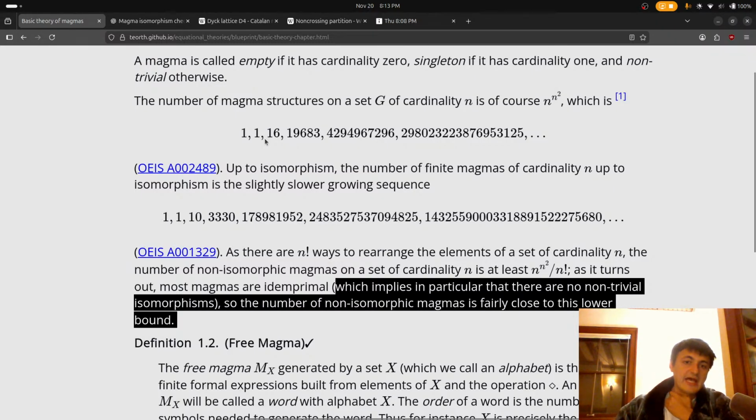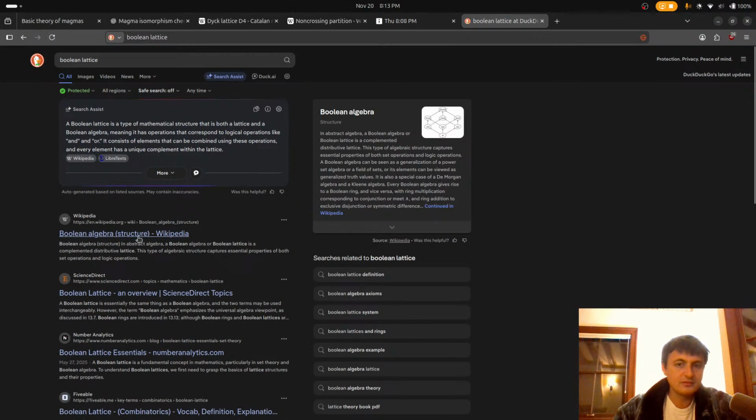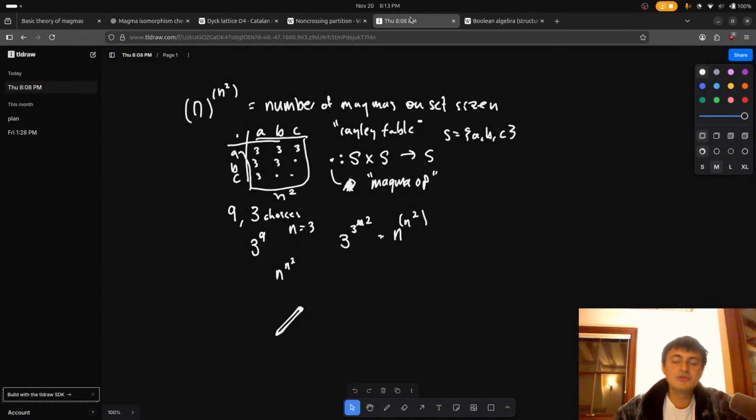And so I actually asked chat to break down the n equals 2 case. I'm almost positive this is n equals 2, even though it starts here. I think this is a 0 or something. I'm pretty sure that's 0. So for the n equals 2 case, because this is n to the n squared, you get basically the, what is it called, a Boolean lattice. You get this thing. I'm pretty sure you get this. No, I don't know.